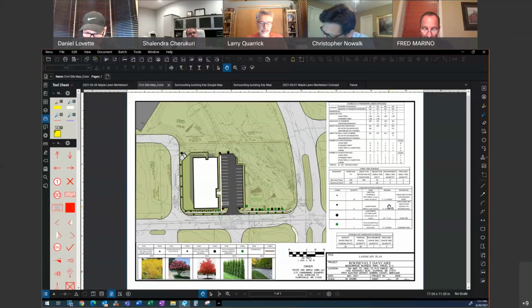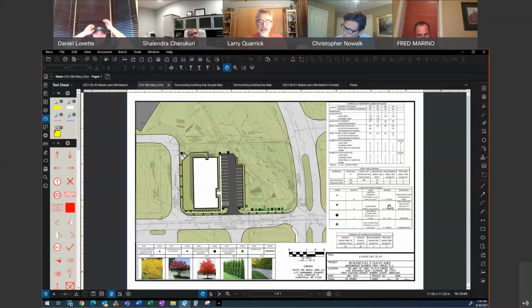Thanks, Dan. Well, that concludes our questions and comments. Would anybody from the DAP like to make any motions? Yeah, this is Larry Clark. I'd like to make 2 motions, actually. The one is specifically dealing with the landscape plan. I'd like to make the motion that the applicant consider adding a couple small trees to the play area.